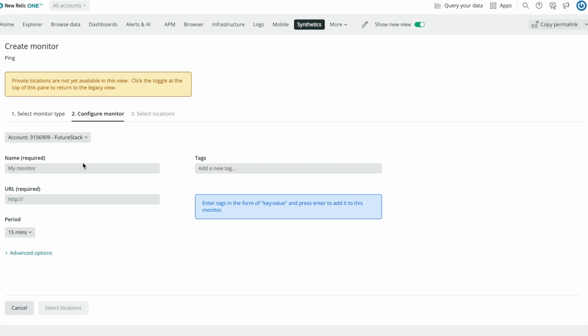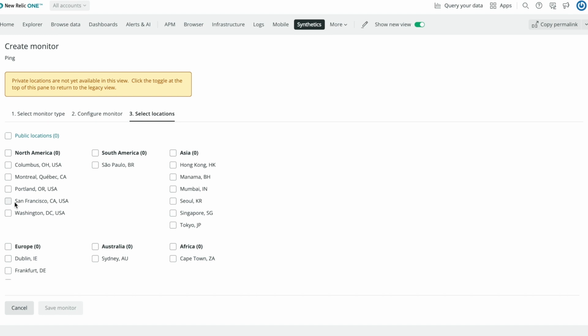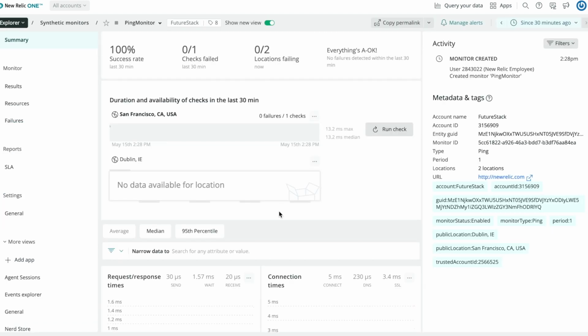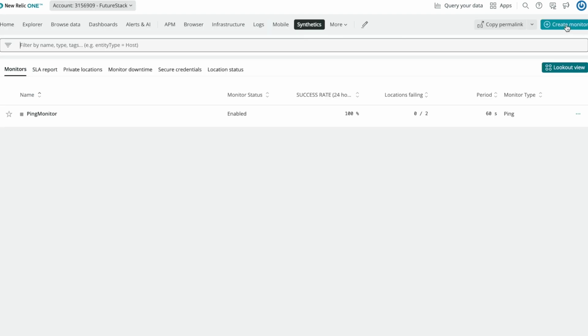So the ping monitor, basically you give it a name and a URL you want synthetic minions to ping every time and check if it's available, is it up or not. And it will return you a status check based on how often was it able to ping it successfully or how many times did it fail in a certain period of time. Here you see it was as easy as selecting locations you want to ping from, and that's it.